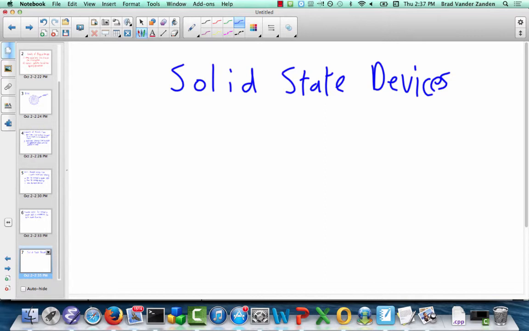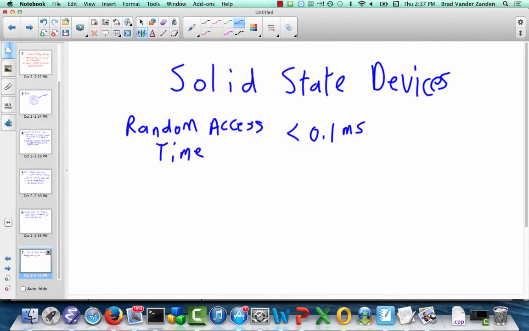So the random access time. Okay, remember that was 3 milliseconds for an enterprise grade hard drive. It is less than 0.1 milliseconds for a solid state device. And that's all in seek time because there is no rotational latency. So the random access time for a solid state device is completely seek time, finding the right place that holds it. The transfer rates